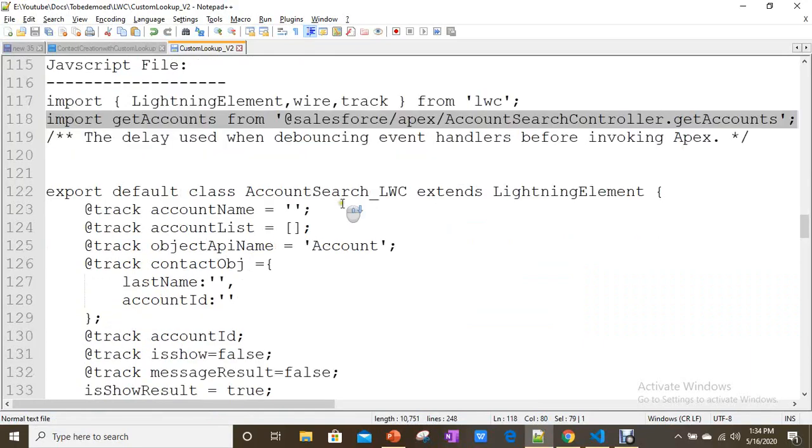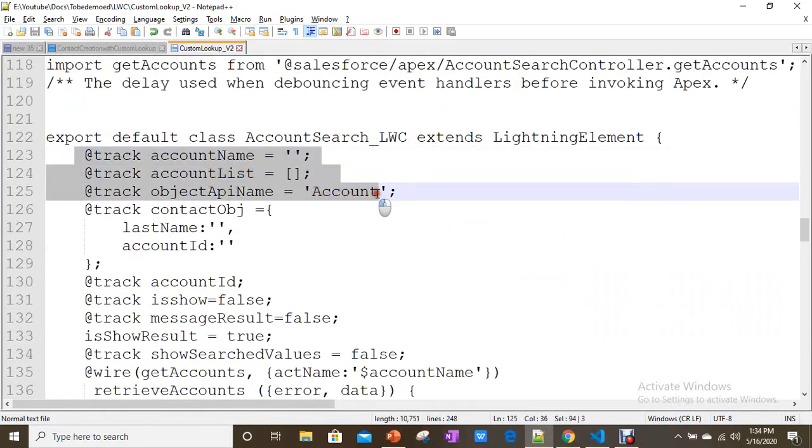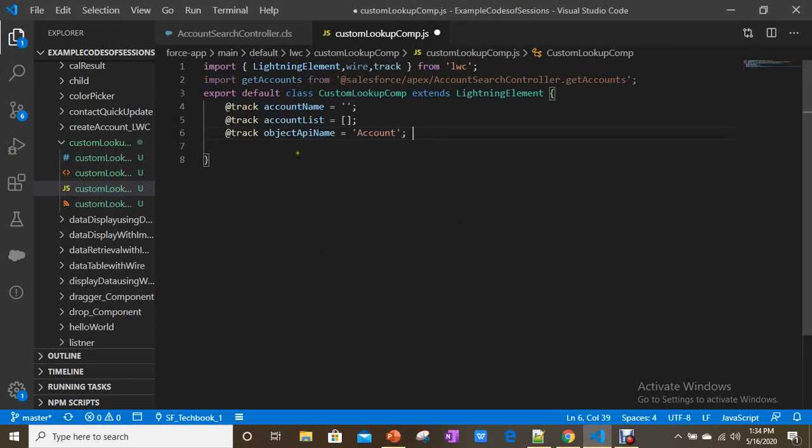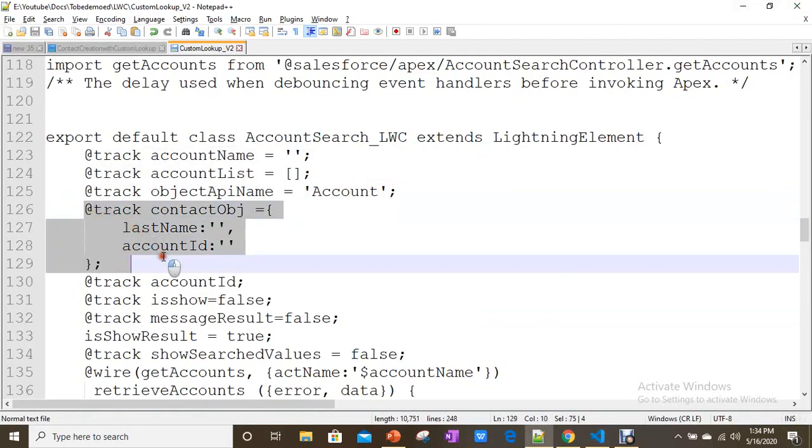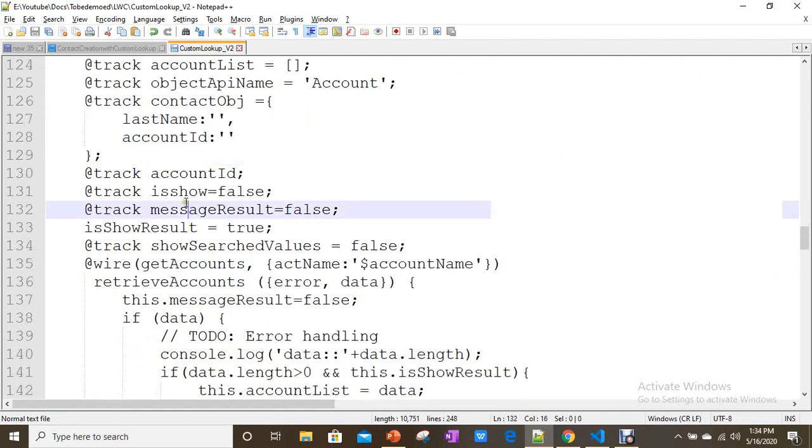Now, if you see here, object API name as account, account name, account list, and account ID.